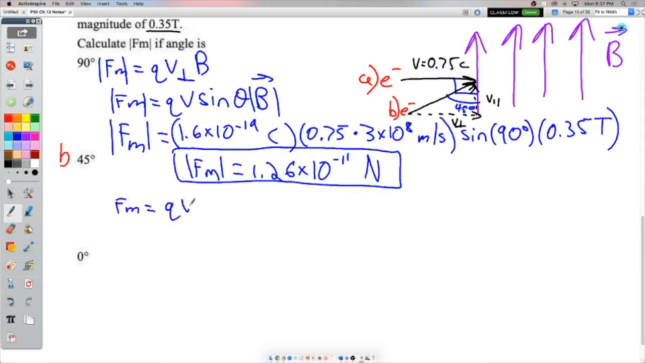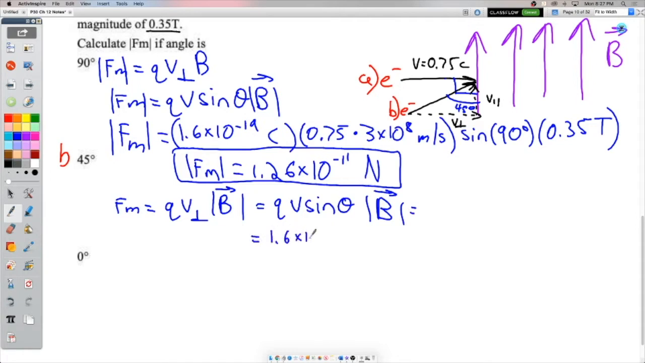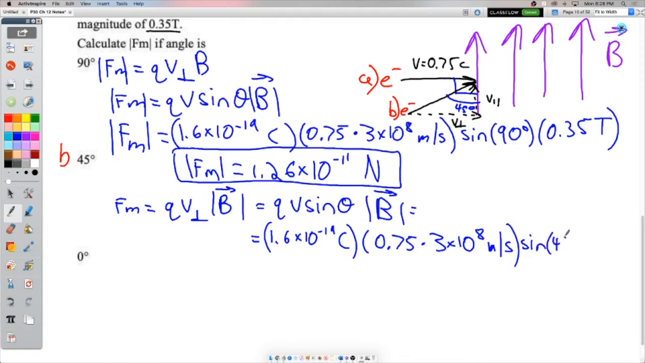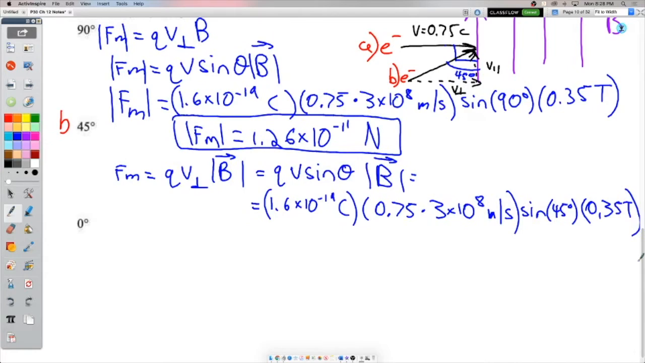Fm equals Q, the charge, times the perpendicular component of its velocity, times the magnitude of the magnetic field. Now we're actually not just being silly, or I guess being sticklers, by putting it in. We actually need to say that that equals Q times V sine theta, times the magnetic field strength, which is going to be 1.6 times 10 to the negative 19 coulombs, times V, which is still 75% the speed of light, so 0.75 times 3 times 10 to the 8 meters per second. Sine theta, though, now is not just going to be sine 90 and be 1. It's going to be sine of 45 degrees and be 1/2, times the magnetic field strength, which is 0.35 Tesla. All right, multiply that all out. What do you get? The magnetic force, if it comes in at 45 degrees, is going to be